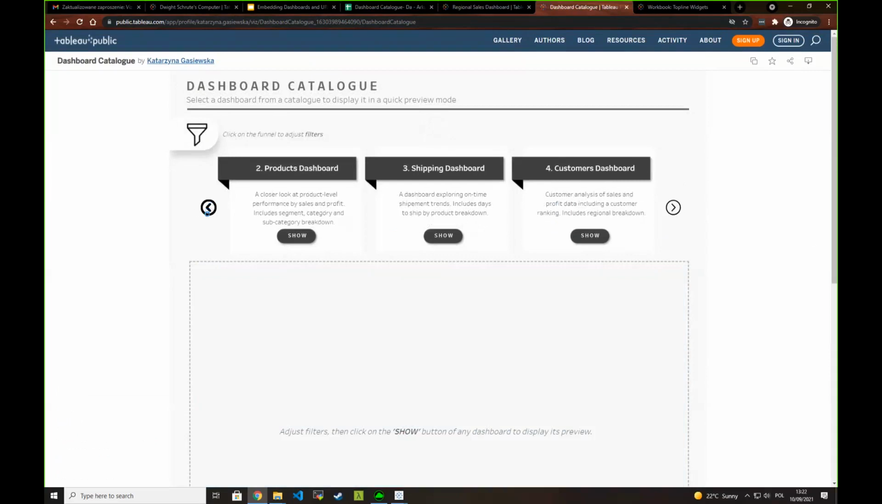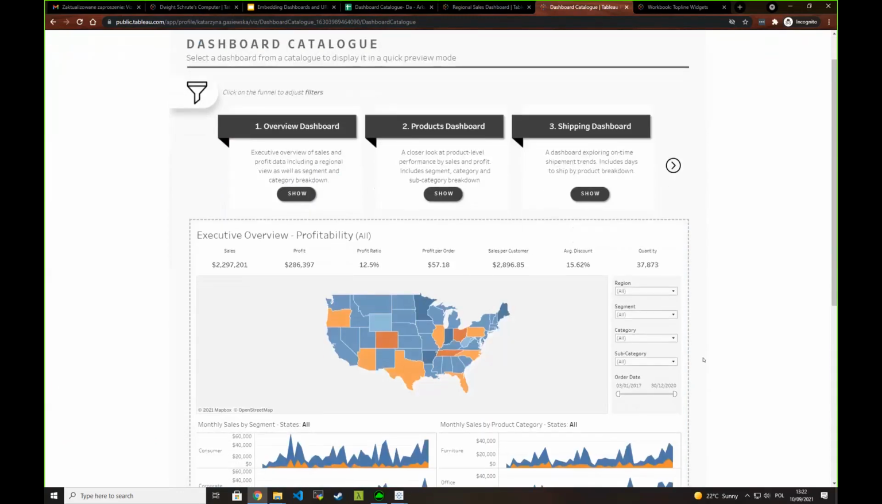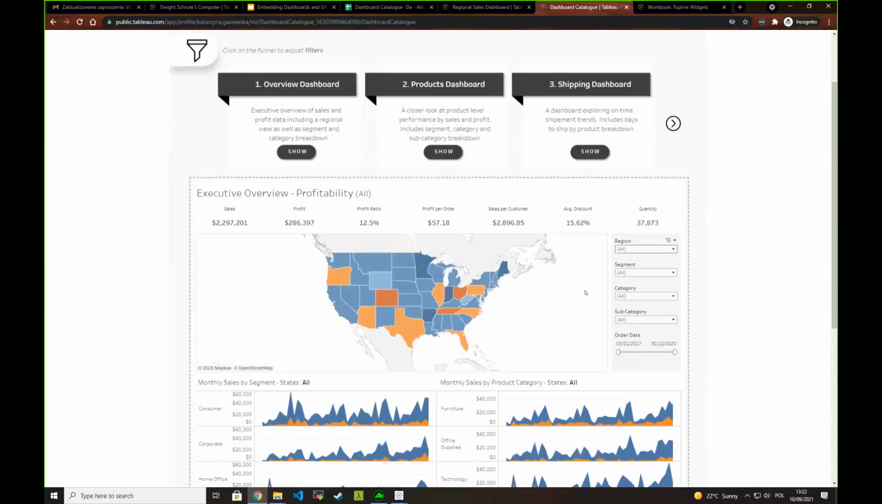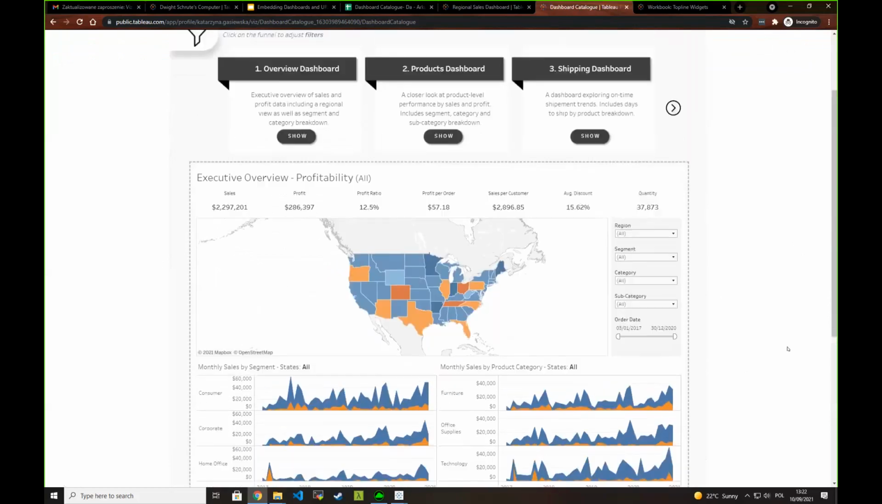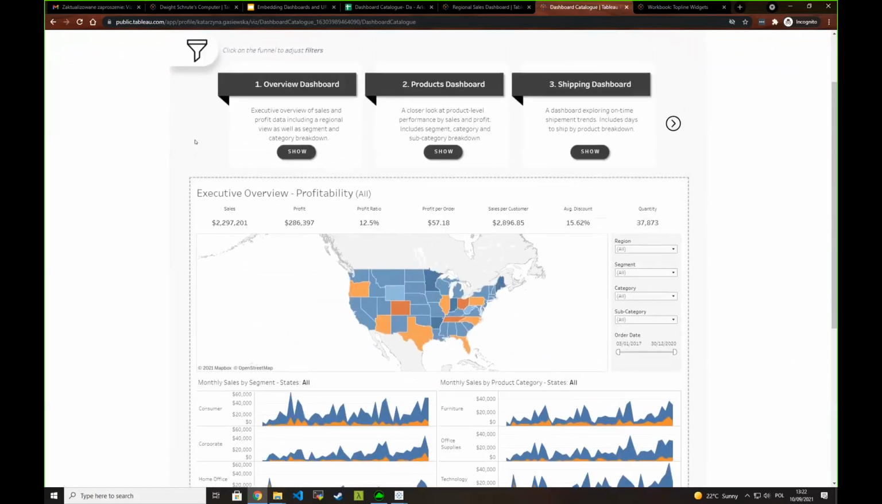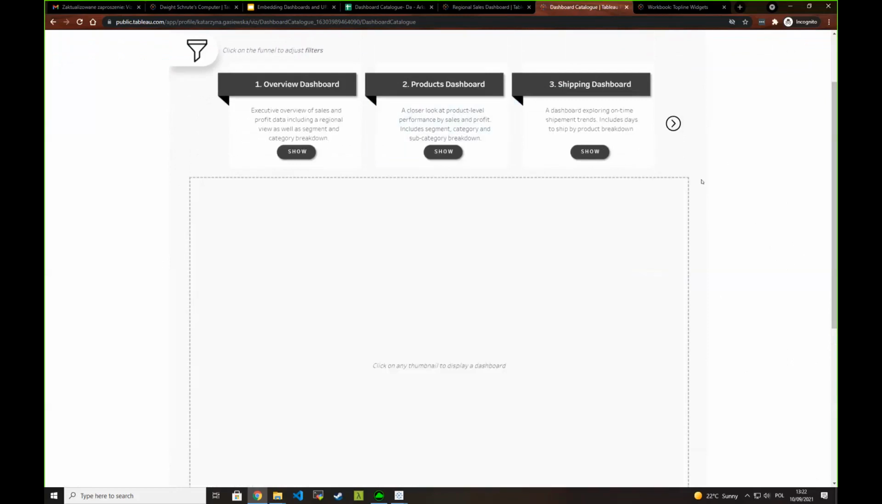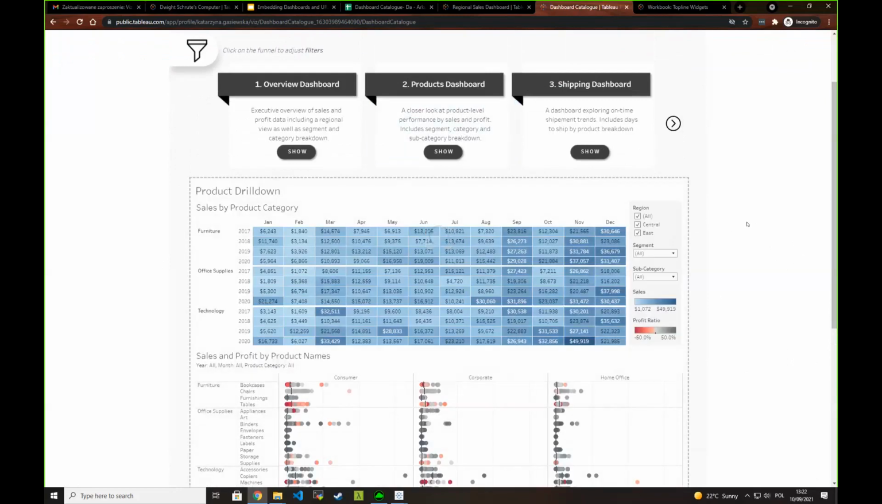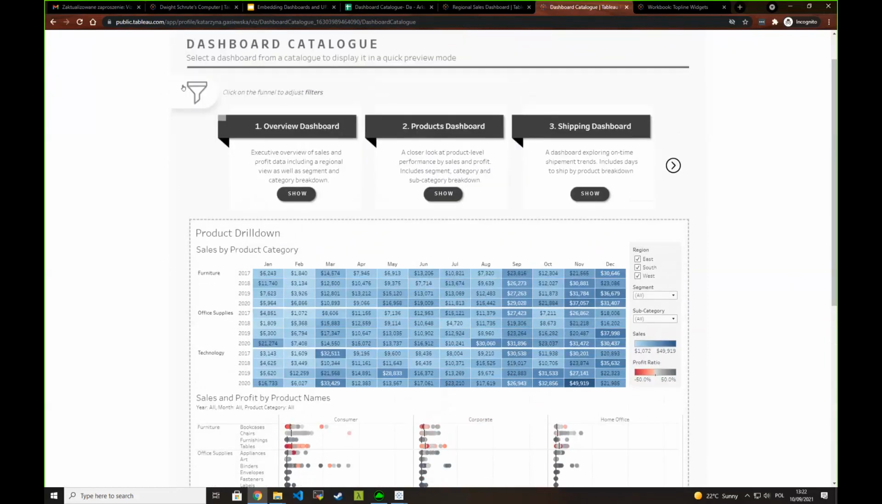But for now, let's say I only want to see the overview dashboard. So I'm going to click on this one. And you can see that the overview dashboard is displayed in here in the preview. So basically what I did is I've used Sample Superstore dashboards, and I've just published them separately, and I've used them here for these previews. And this is all nice. However, it does not really show the full power of this entire setup in here, because the power is really